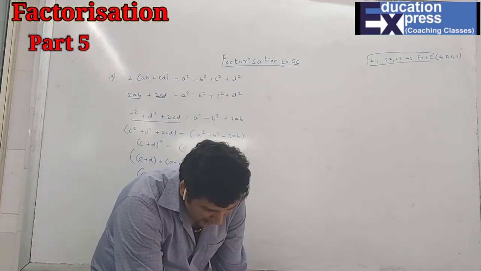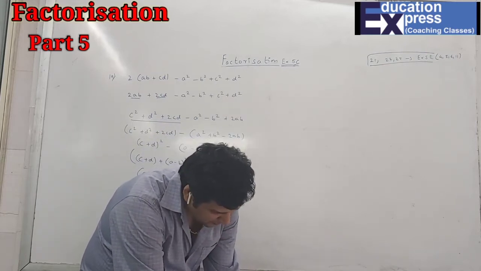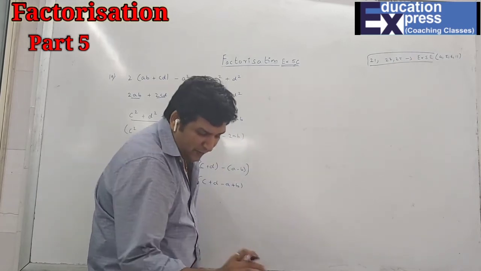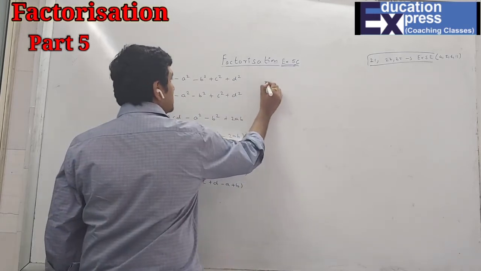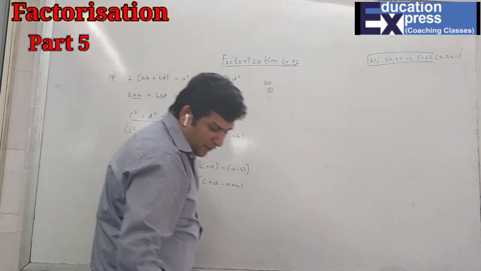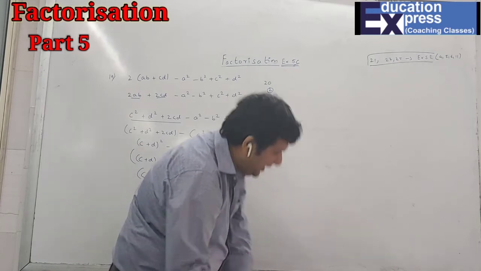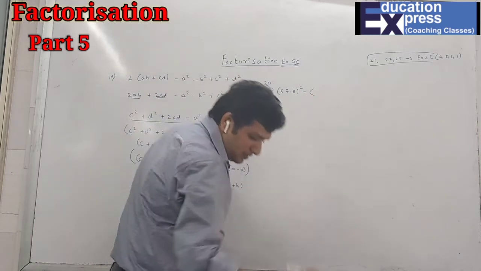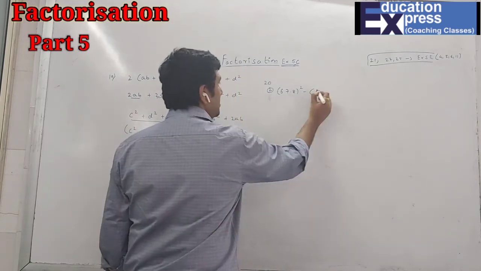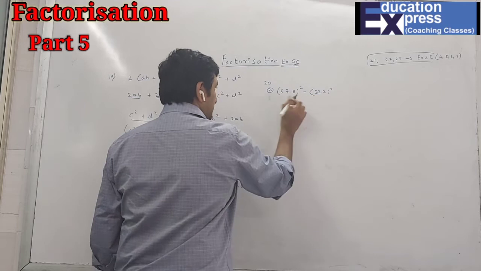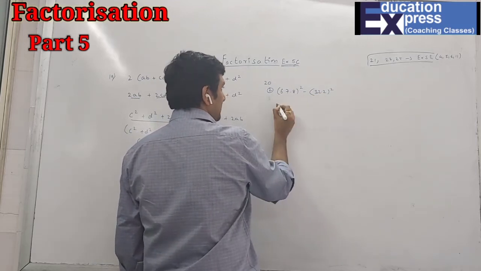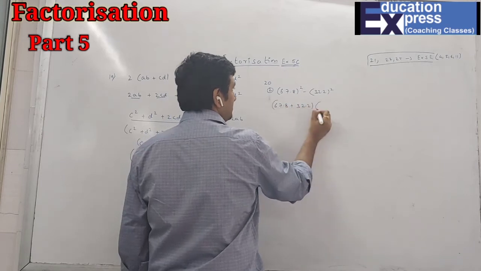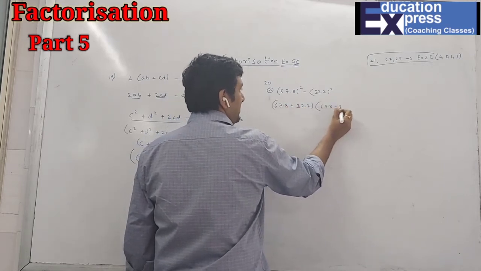20th, everything is same. The first and second are same, and third and fourth are same. I'll do the second part and I'll do the fourth part. It's very simple. So the 20th's second part is exactly like the first part. 67.8 square minus 32.2 square. So students, you all know now what to do. a square minus b square, a plus b, a minus b.